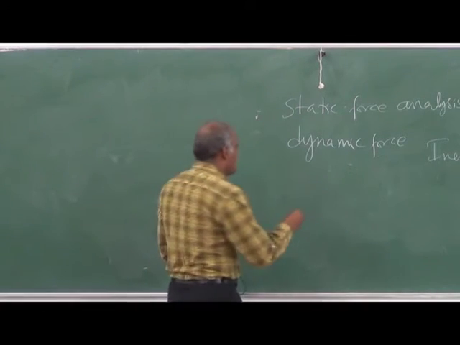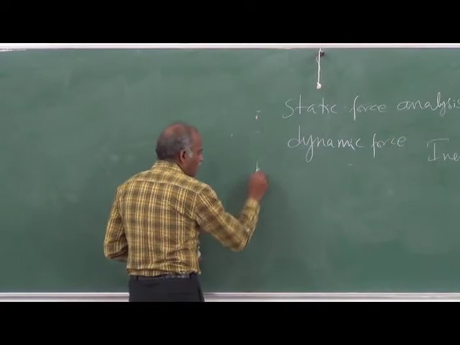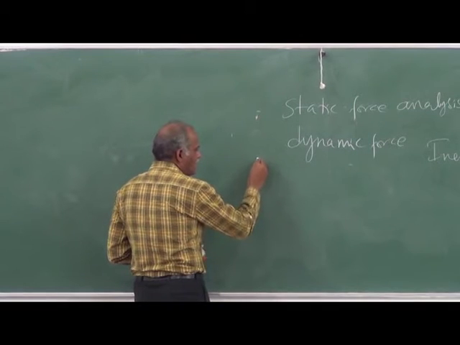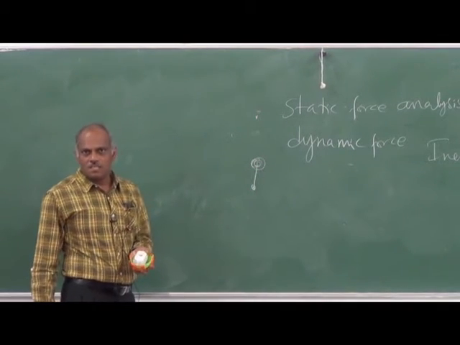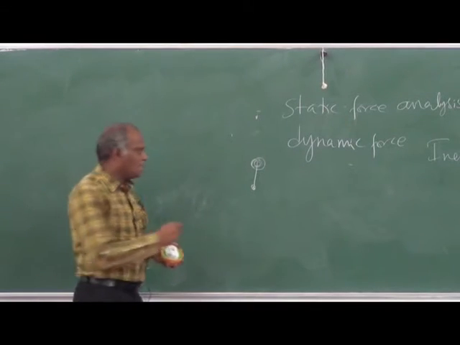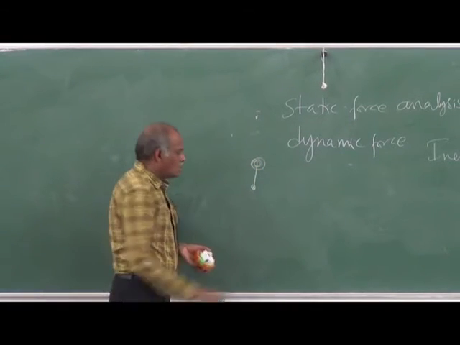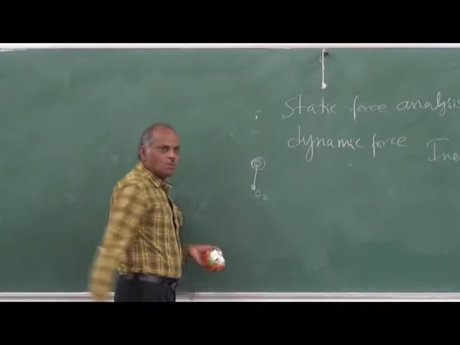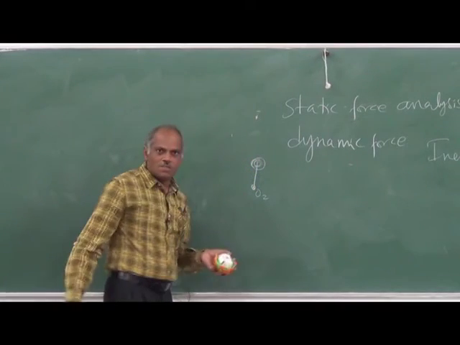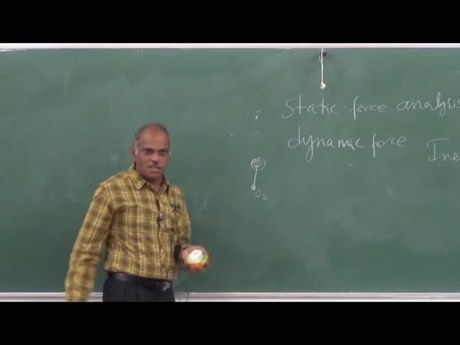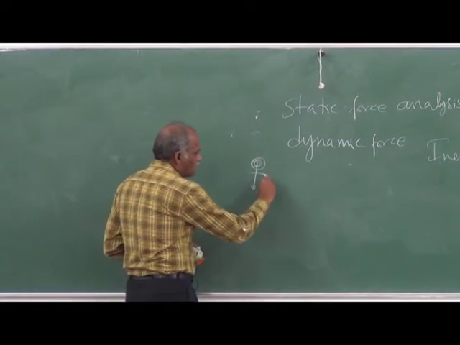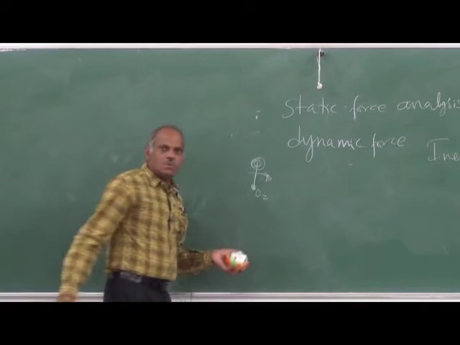So you can think of this toy as having one rotating linkage which has a mass away from the center of gravity. This is, say, your O2, and there is a mass which is not passing through the center. There is an eccentricity. When it is rotating